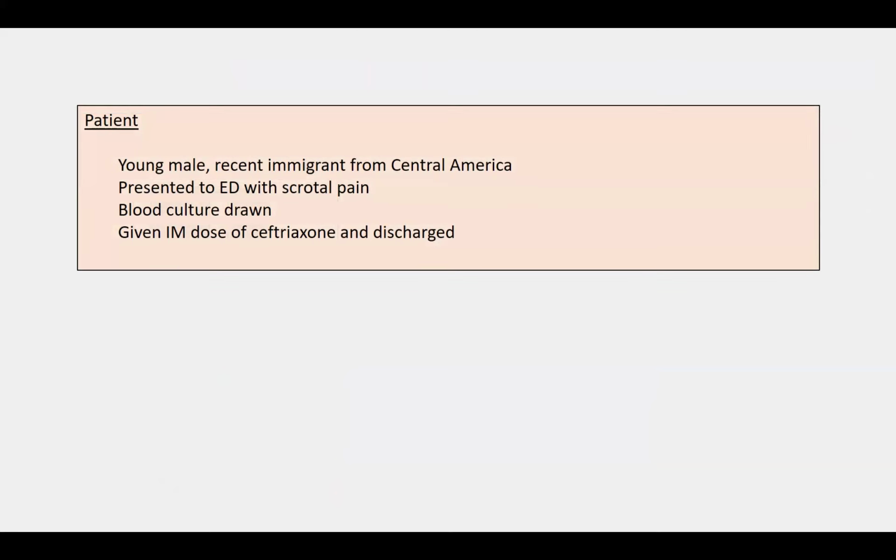Okay, let me talk about another case. This one was from last year, I think. A young male patient had recently come from Central America. He shows up at one of our emergency departments with scrotal pain. They took a blood culture, which I think was interesting because